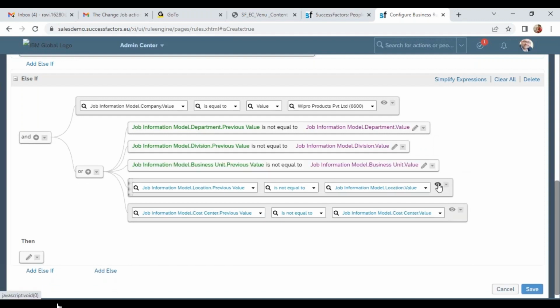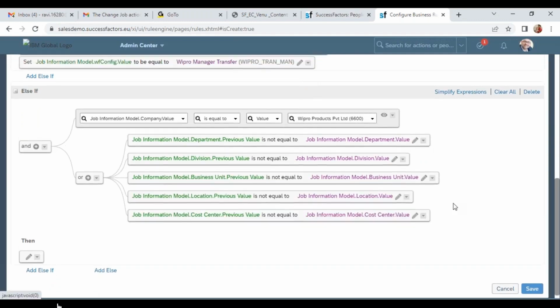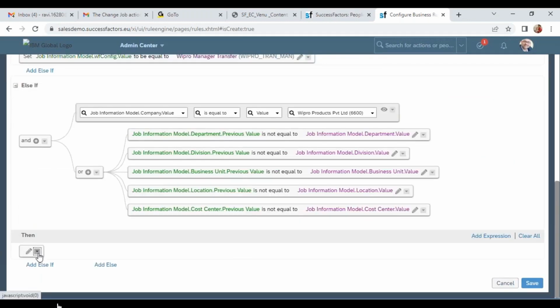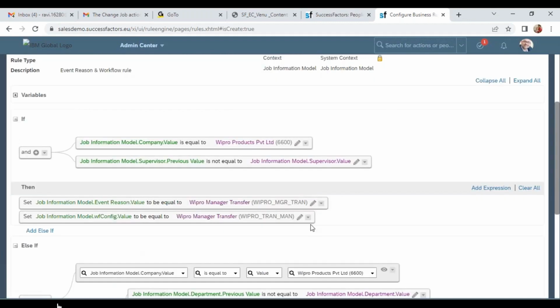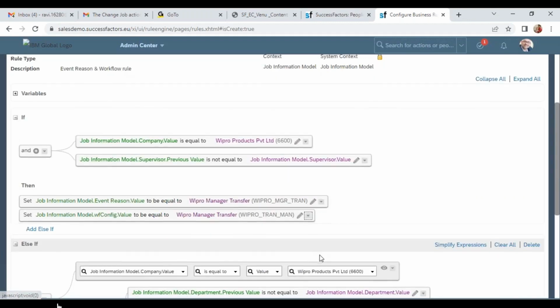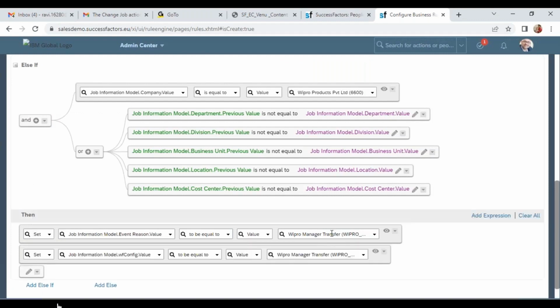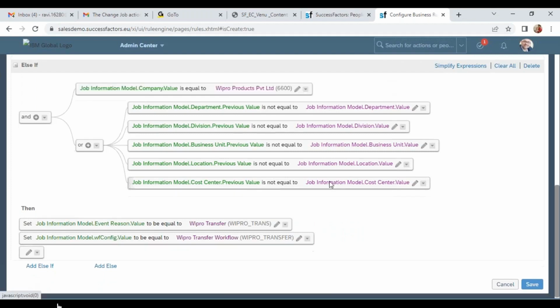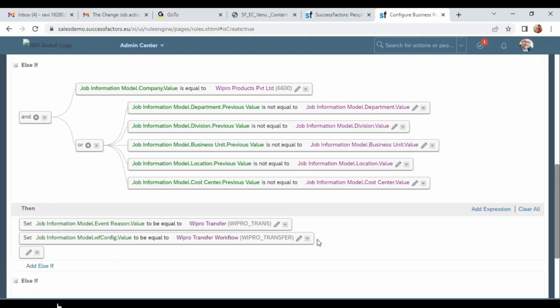Now what event reason do you want to have? This one, copy, paste, copy and paste. So this should be Wipro regular transfer, and this should also be the regular transfer workflow. So this is fine. Now you can also include promotion in the same event, same business rule. Else if,